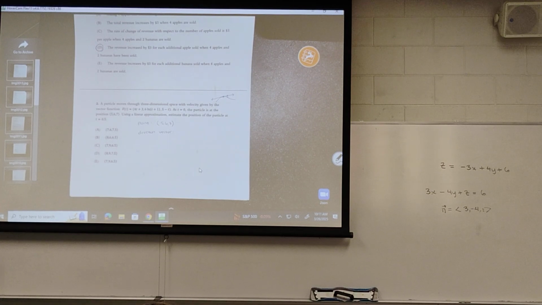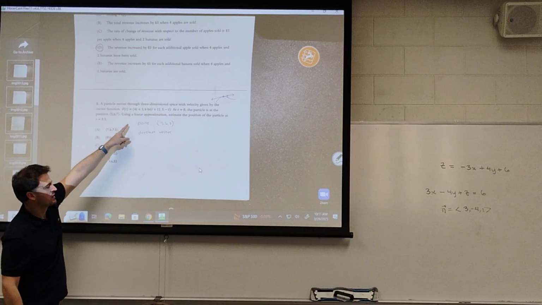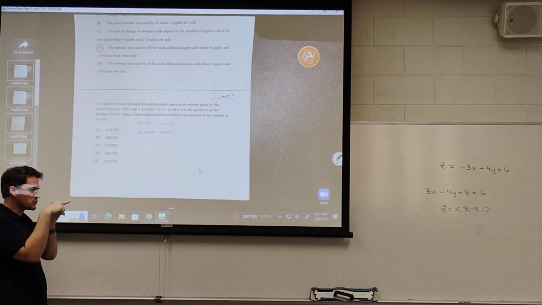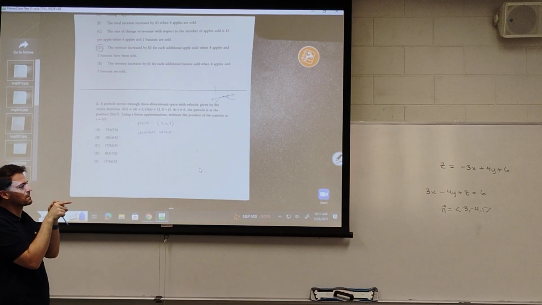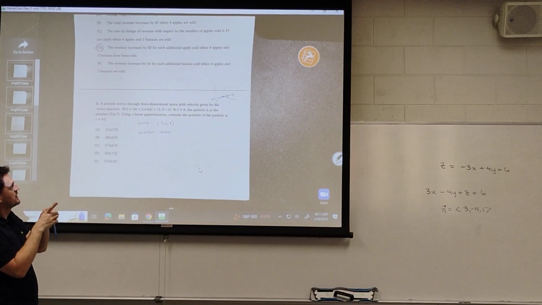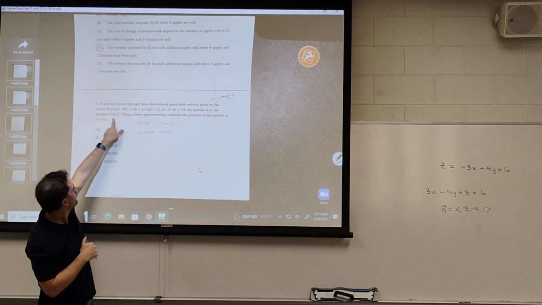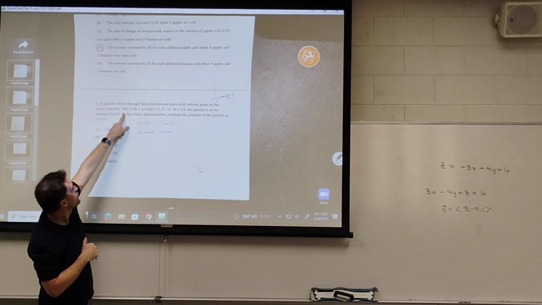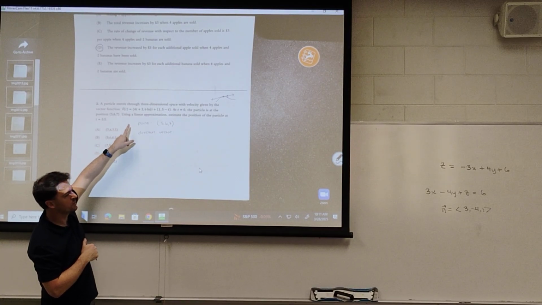That is the velocity vector. The velocity vector is, in this case, a 3D vector that gives you the direction that we're traveling. Well, what time? The point that we had was at t equals 0. So if we find v of 0, that